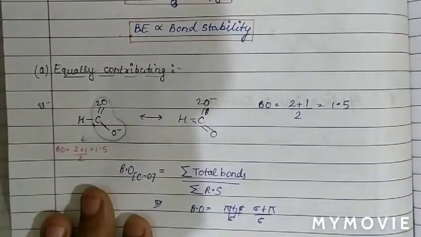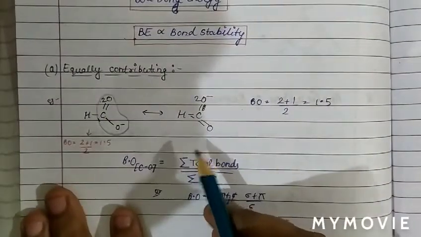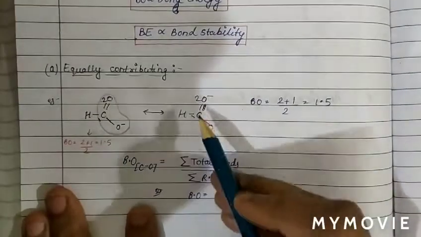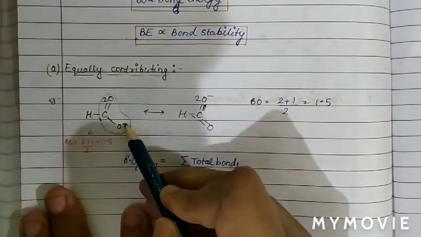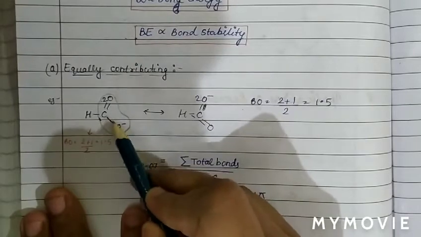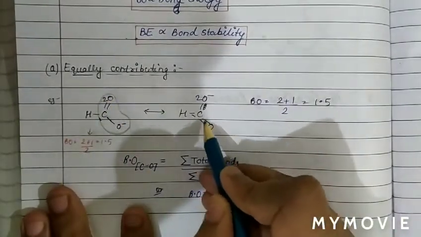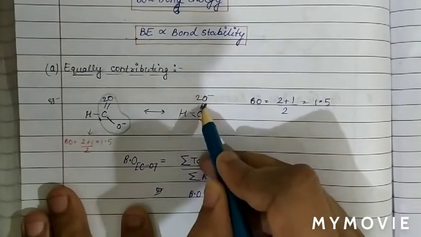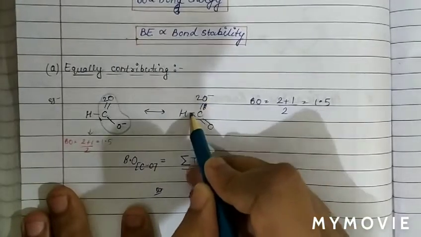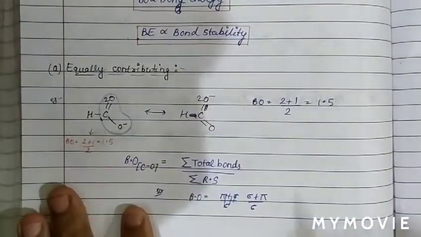So this oxygen atom, this negative charge will shift in between these 2 atoms. So there is formation of a pi bond, and this pi bond will break. So now there is a pi bond between carbon and oxygen, and this is a single bond between carbon and oxygen with negative charge, and this is a single bond between carbon and hydrogen.